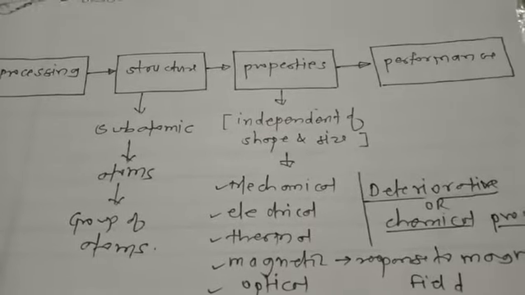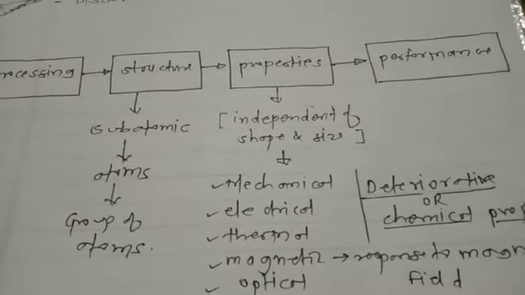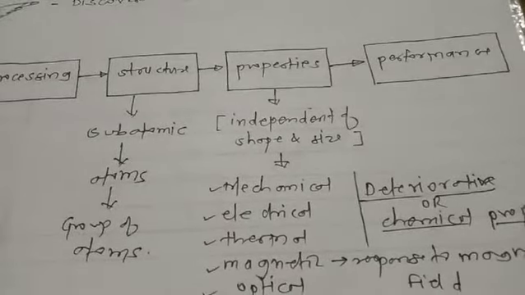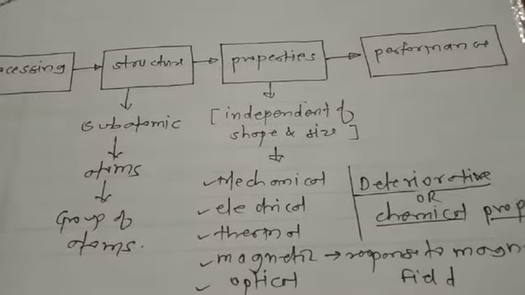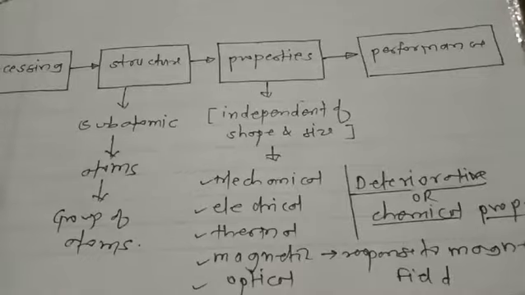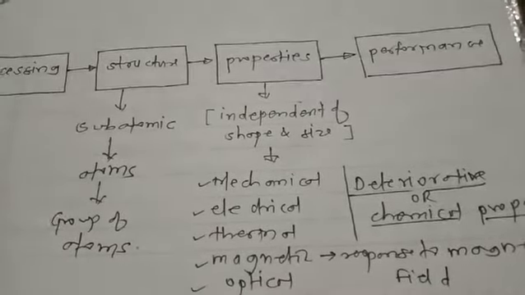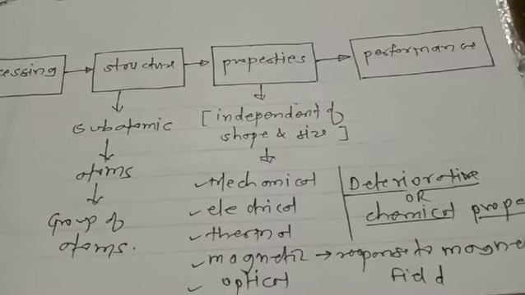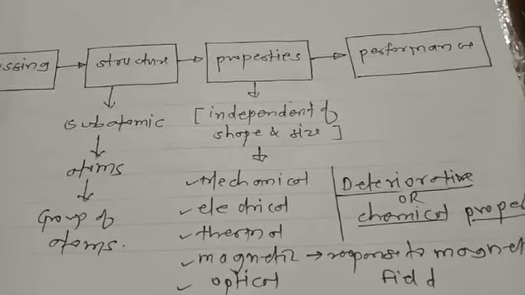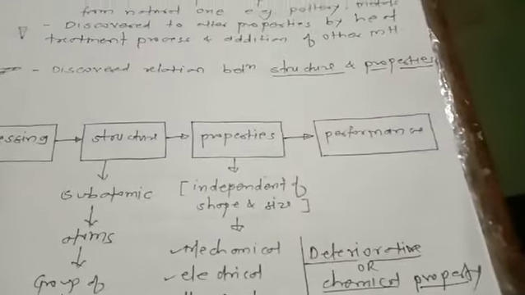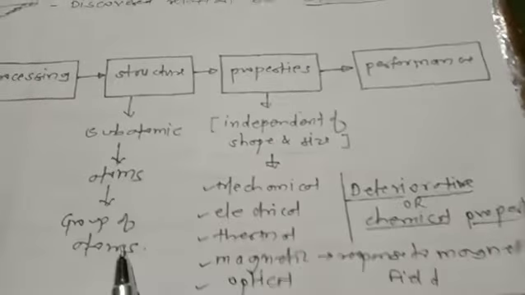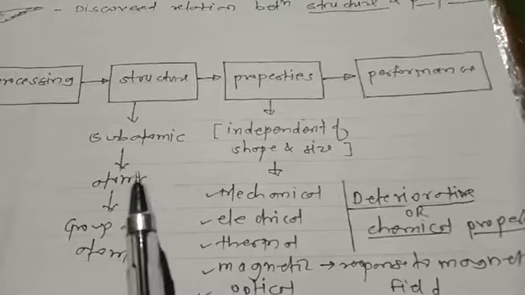The structure is nothing but internal arrangement of the atoms, internal arrangement of the molecules, internal arrangement of any material, that is called a structure, right? It has different levels. First one is subatomic, second one is atoms, and last one is a group of atoms. I mean, in atomic level,